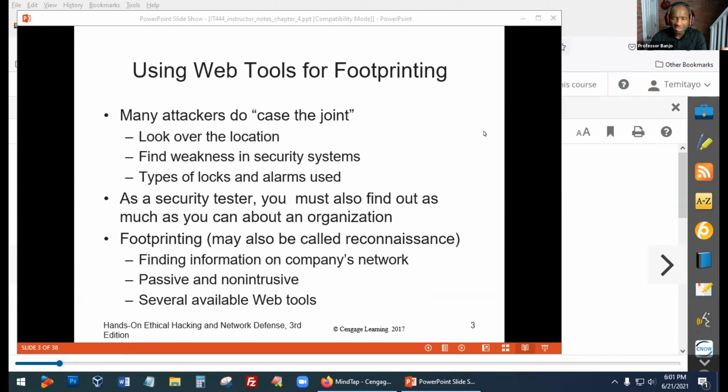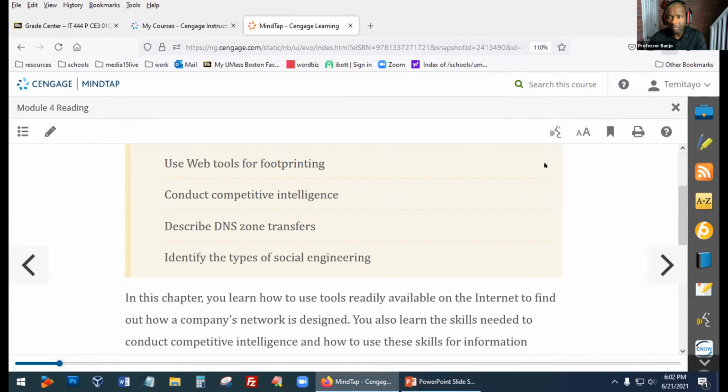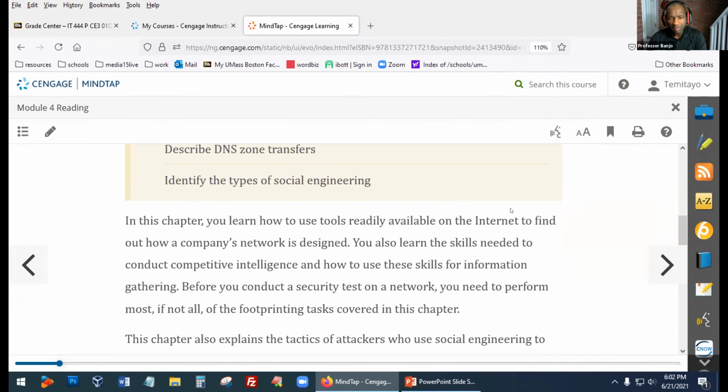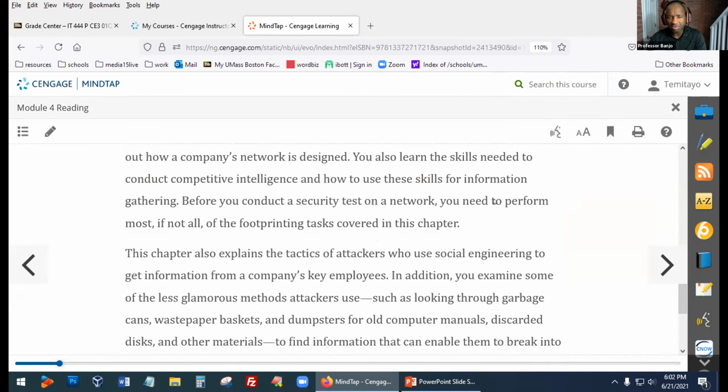So some of this is what you guys will have experienced in your field exercise. Like it says, when we go into the book, let me just minimize this here.